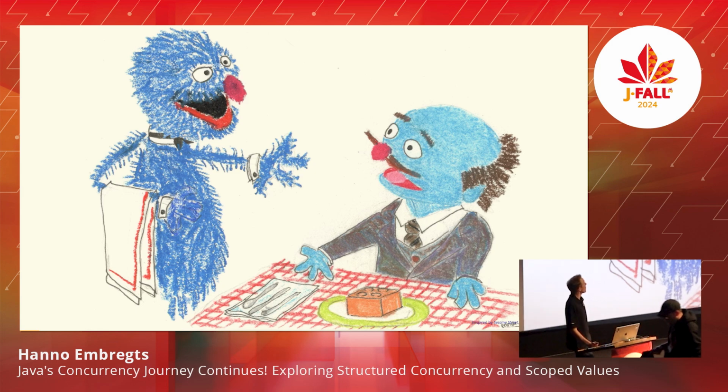We are going to model a restaurant, and if you're a Sesame Street fan or watched it when you were young, you know that in the Sesame Street restaurant, a lot of things go wrong. The waiter Grover is kind of clumsy and always delivers the stuff that wasn't ordered, so like a Lego brick instead of a nice meal.